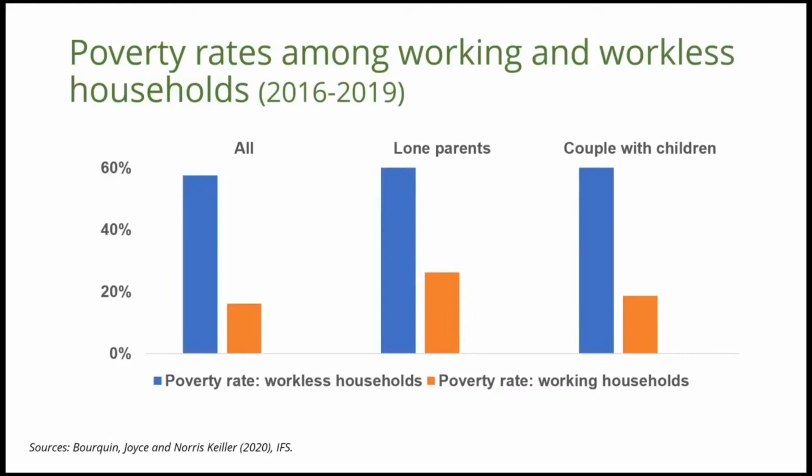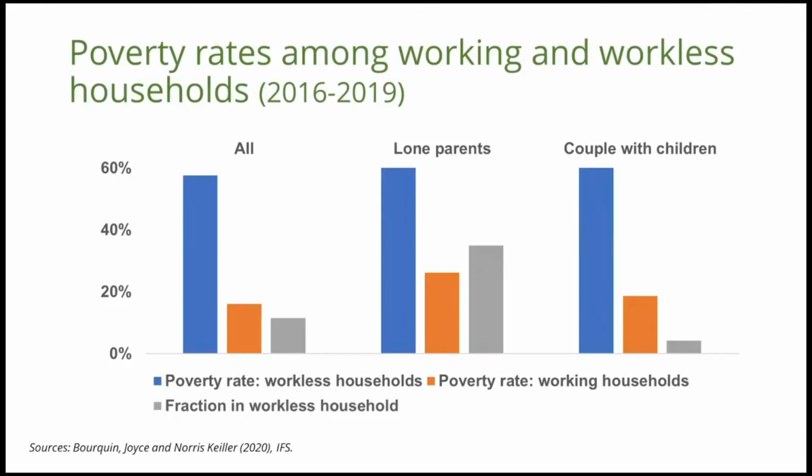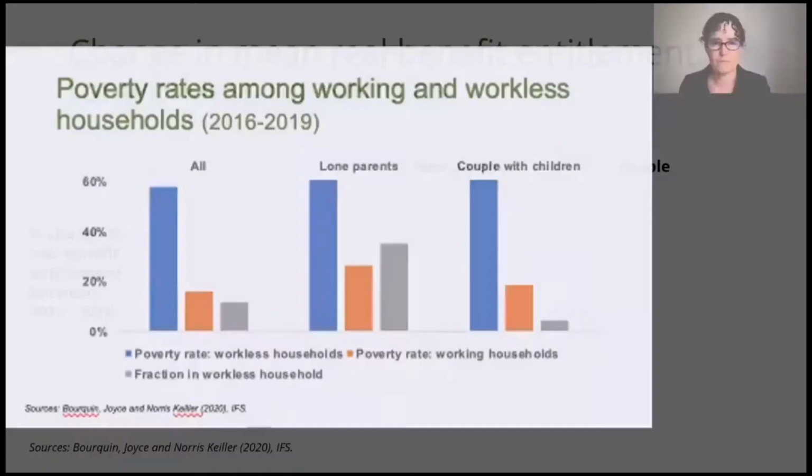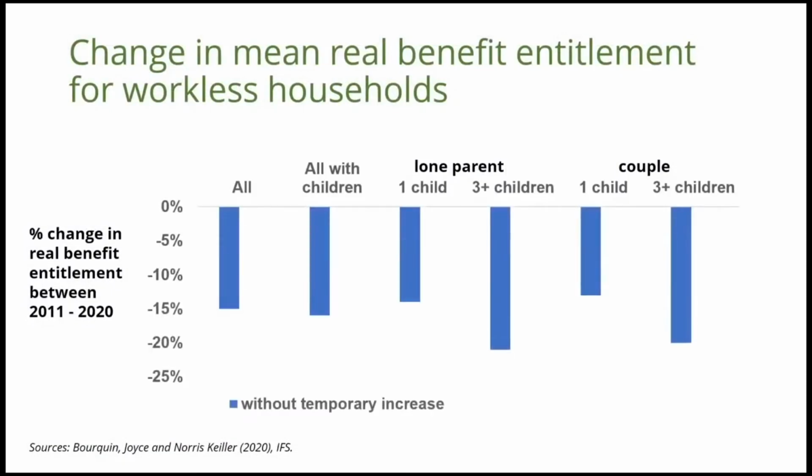Now, of course, if we think about the number of children that are in poverty, we need to think about the fact that most households do have work. So if we look at the share of households who were in work prior to the pandemic, this is reasonably low. So COVID has hit households and occupations that are most likely to be in poverty, and so it's likely that this will increase worklessness and increase poverty. And both of these are likely to lead to increases in child poverty and increases in child poverty in workless households. So, of course, the government has announced substantial temporary increases in benefits to help people through the pandemic, and those have been very important.